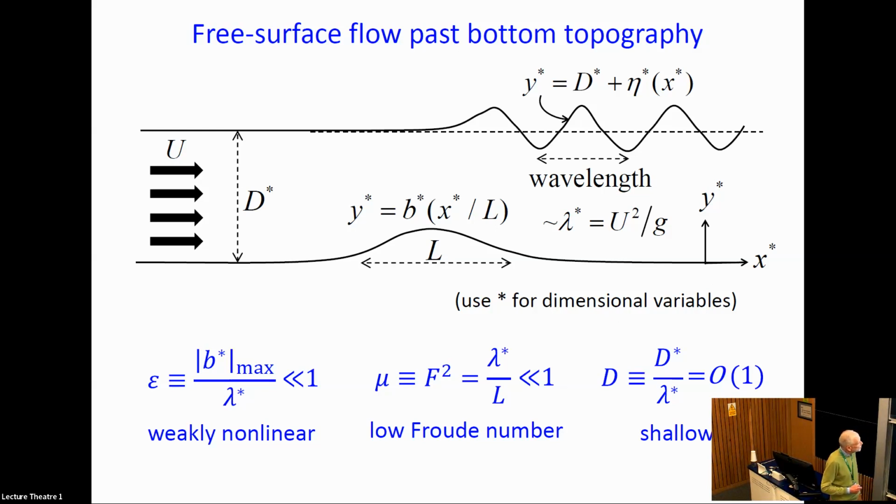And you have parameters. You have a nonlinearity parameter, which is the ratio of the amplitude of the topography divided by this length scale. You have the Froude number, which is like mu in our previous example. So it's F squared, and that's basically the ratio of u squared over g divided by the length scale of